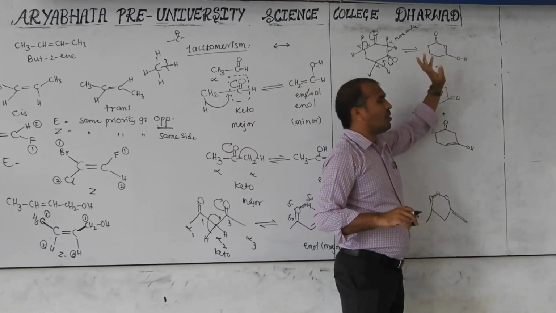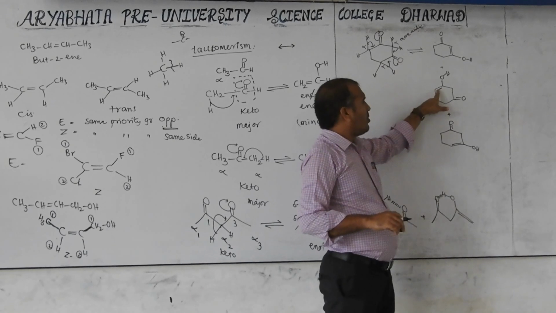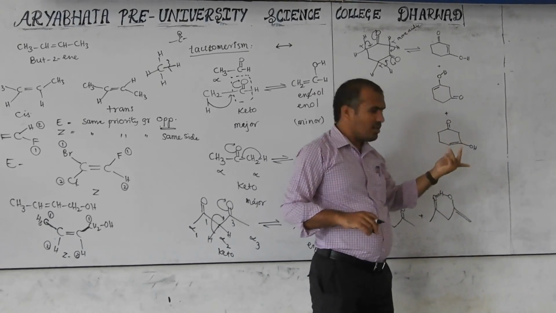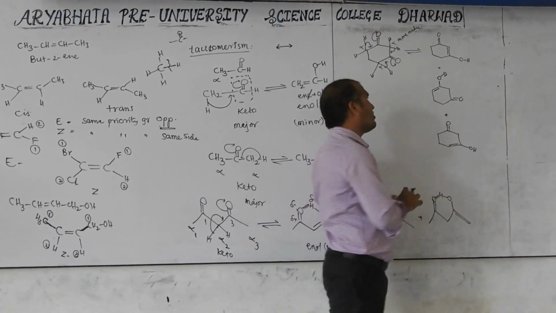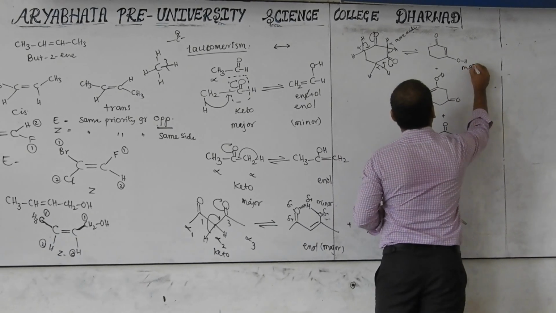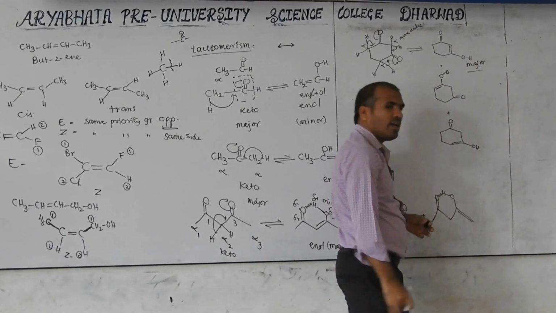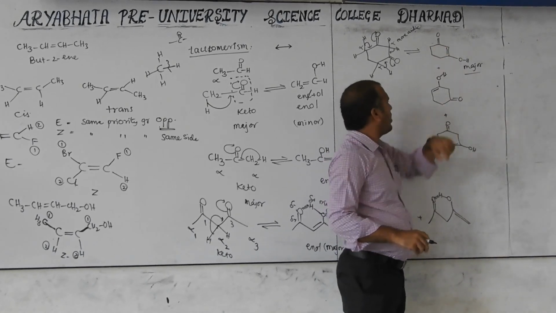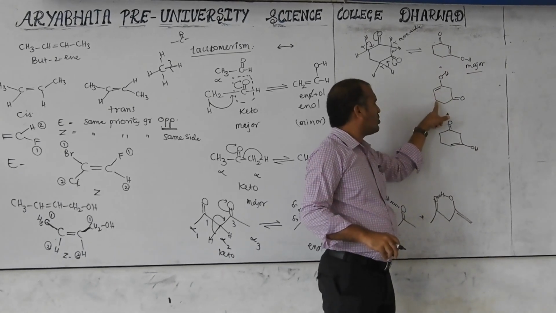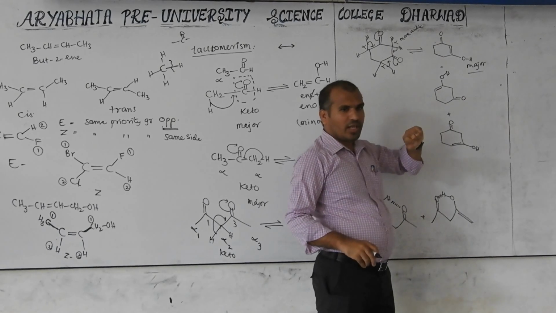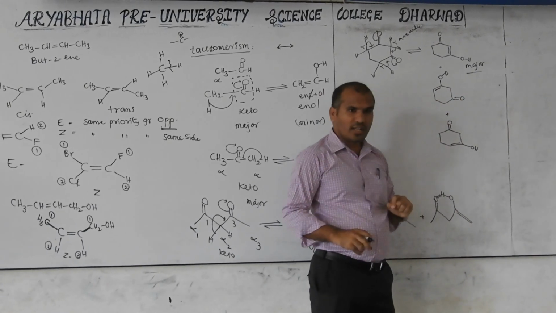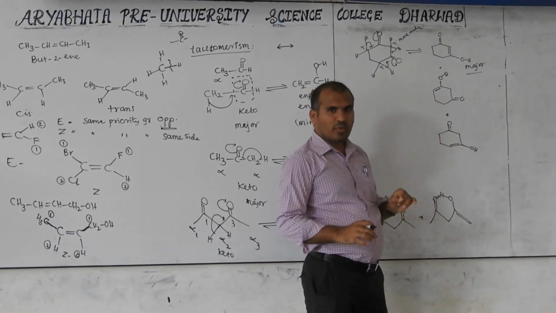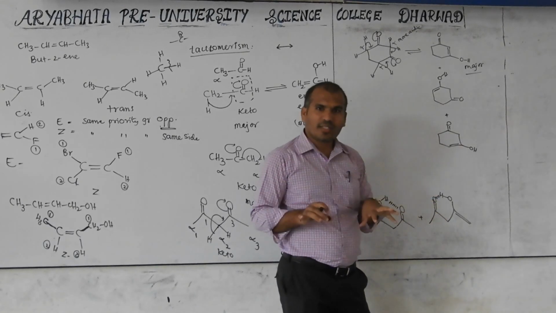Double bond, single bond, double bond: here conjugation is there. Similarly, these are isolated. That is major. And you can also check the alpha hydrogens. Alpha hydrogens are 2, next 2. Here alpha hydrogens are 2 and 2. Okay? So how many alpha hydrogens are there in total? 4. Got the point?